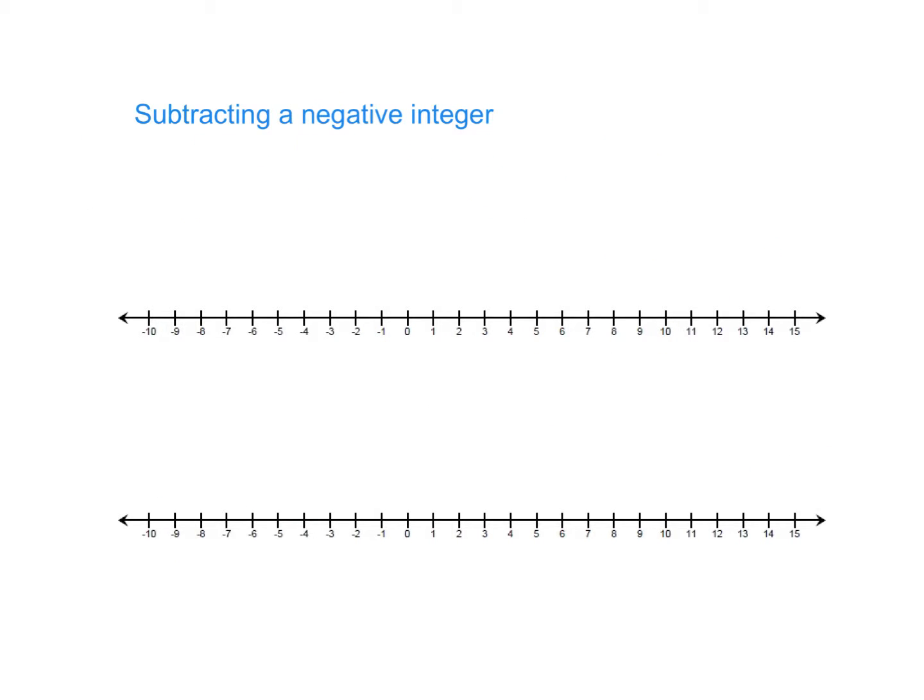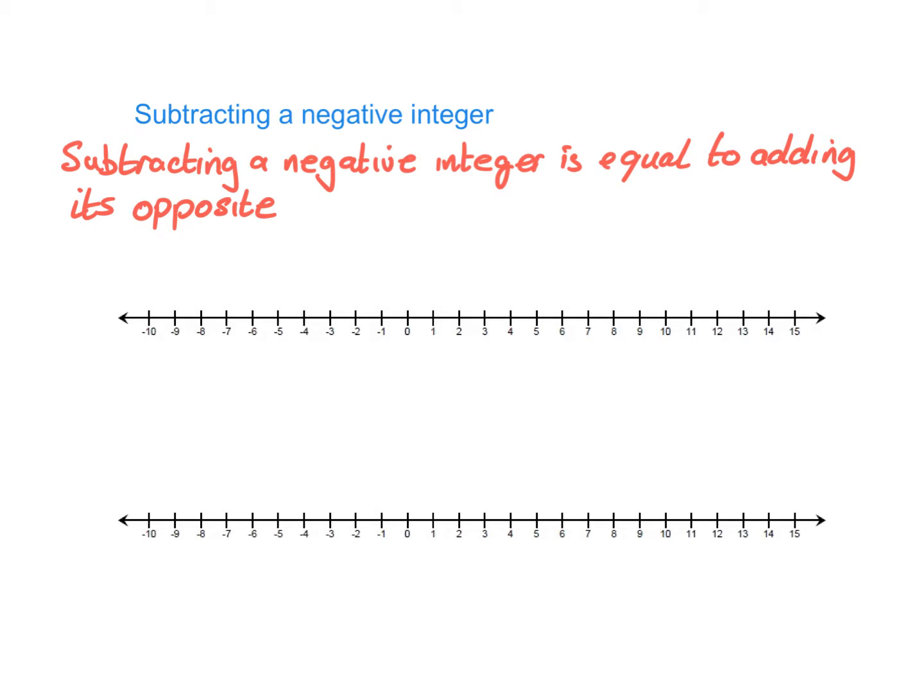What about subtracting a negative integer? Well, the little rule here is subtracting a negative integer is equal to adding its opposite. So this sum here could be rewritten like this: